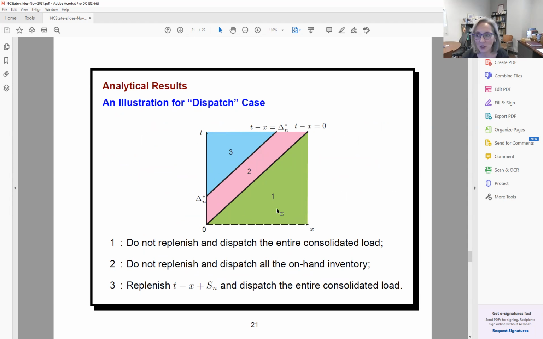You are either in region 1, depending on your on-hand inventory and the consolidated load, and you do not replenish and dispatch the entire load because you can do that. You are in region 2, you do not replenish and you dispatch whatever you have. That is, you do not clear the entire consolidated load waiting to be shipped, or you replenish and dispatch the entire consolidated load. Now that we have the optimal policy for the do not dispatch case and the dispatch case,